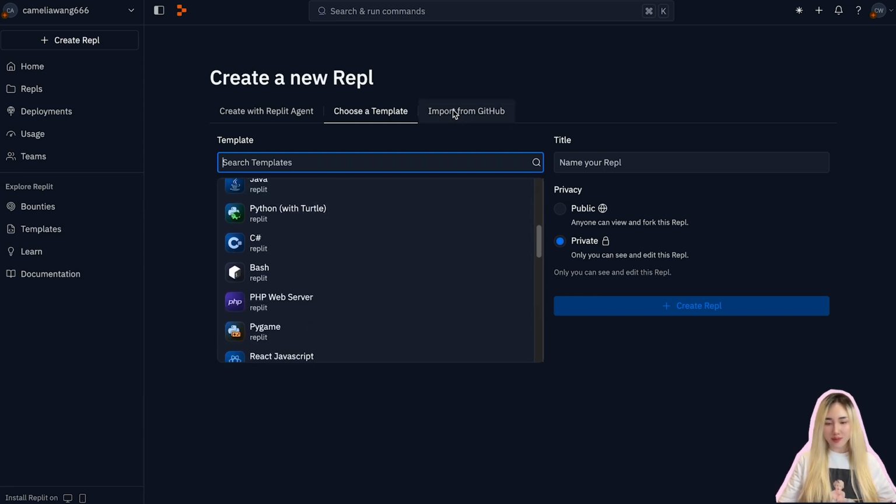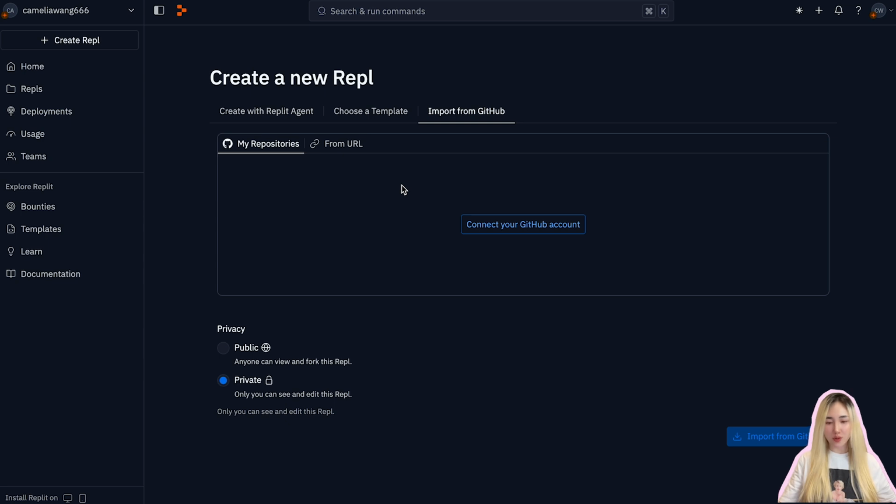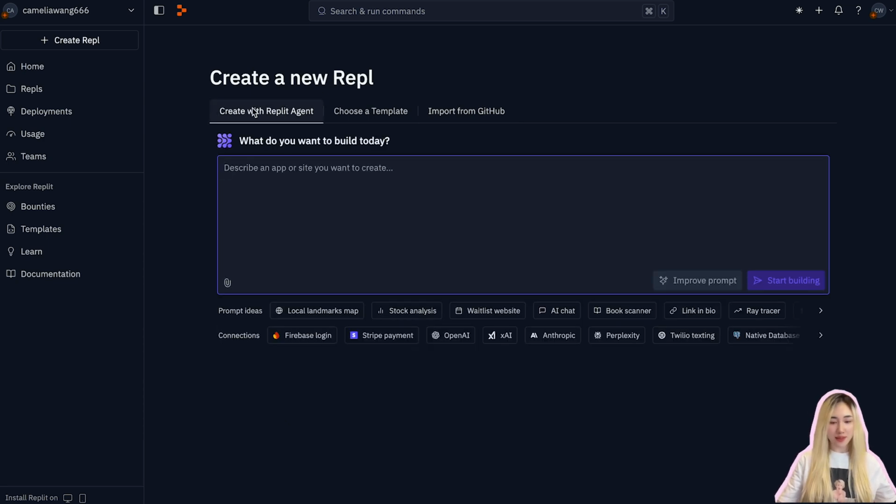The third tab is Import from GitHub. If you already have a project hosted on GitHub, you can import it directly into your Replit. This is especially helpful if you are building on existing work or collaborating on a shared repository. For this demo, I will use the Create with Replit AI Agent option to leverage its smart and AI-driven project